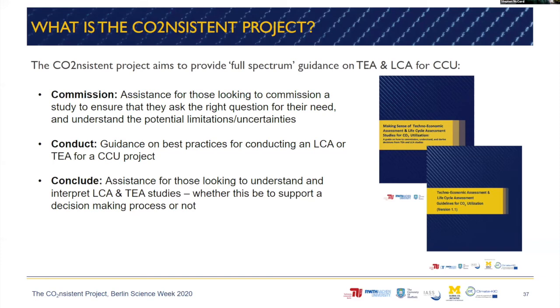So our whole project is around helping people get the most out of these studies, to be able to identify technologies that are best for them. So whether they are a policymaker that is looking for a broad spectrum replacement fuel for diesel, for example, then maybe they have specific questions and needs. So they would need to ensure that they get what they want out of the study, so as not to waste